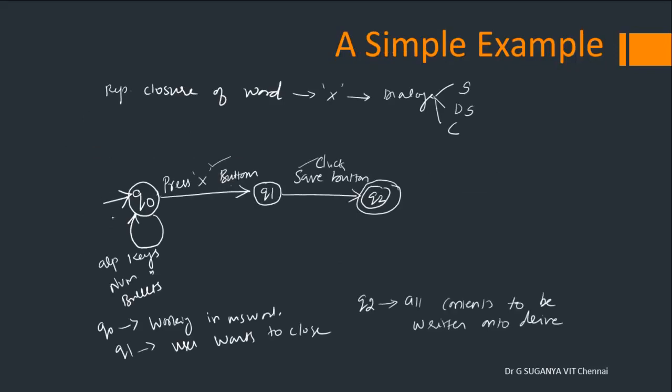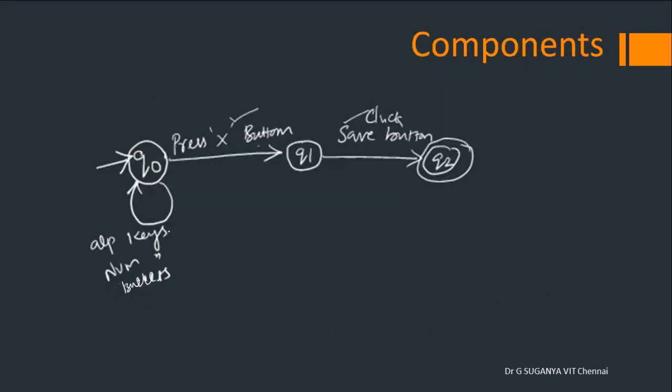What is the language that is accepted by this? Whenever you are able to reach the final state, we say that is a word. So what is the first word? Closing the cross button followed by clicking on the save button is one word. These are the two inputs required for instructing the operating system to close Microsoft Word and to save the contents. Similarly, typing alphabets followed by pressing the close button followed by clicking on the save button is another word that belongs to the language. So in short, this is an abstract modeling that will represent the language of the machine which we are supposed to design. Understood this basic modeling?